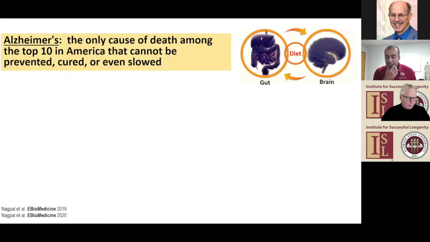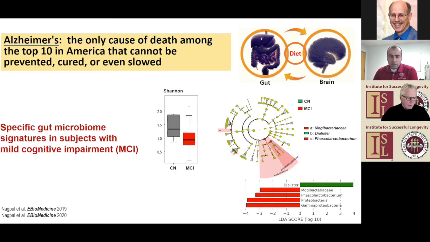So considering the emerging importance of the gut-brain axis, a lot of studies are now showing that the microbiome may be involved in the pathogenesis of Parkinson's, Alzheimer's, and many other neurodegenerative diseases. Based on that literature, we recently did a study on Alzheimer's patients, wherein we had a cohort of 17 patients with mild cognitive impairment. We wanted to see if there is a unique microbiome signature in these patients.